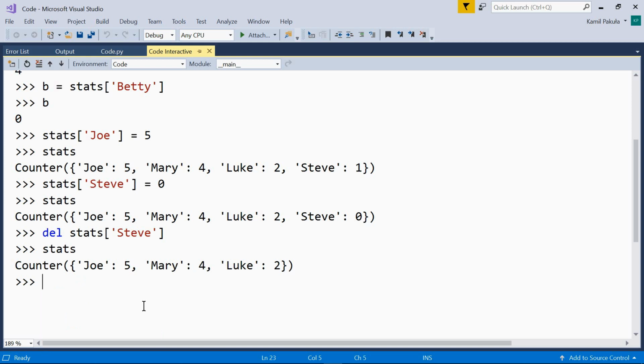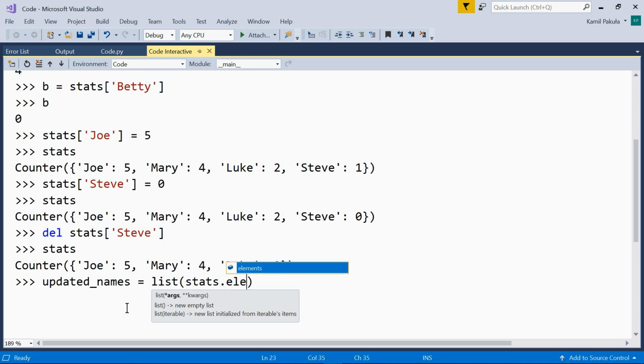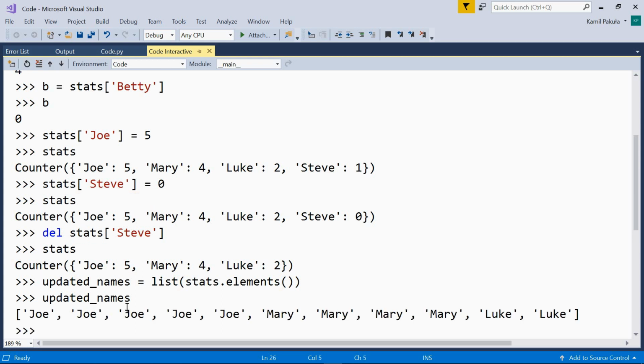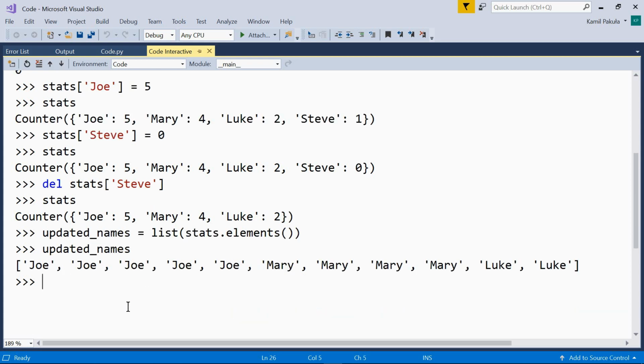We can convert the Counter object to a list using the elements method. The elements will be sorted by the number of occurrences from greatest to least. So, let's do it like so. updated_names equals list of stats.elements. Now let's print updated names. So, as we can see, we now get Joe 5 times. 1, 2, 3, 4, 5. Because these elements are sorted from the greatest number of occurrences to the least number of